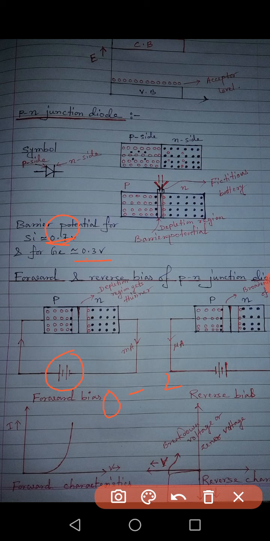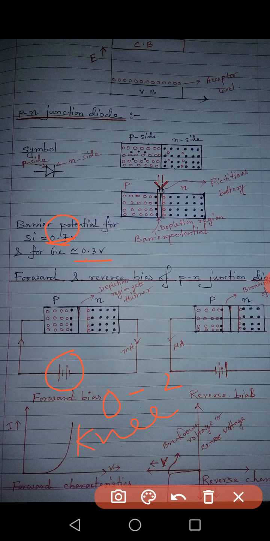So you can see in this region there is no current. Potential is increasing but current is not increasing due to the presence of this barrier potential, and after this the current starts increasing in this way. Alright, so the value of potential after which the current in the circuit starts growing, this value of potential in this graph is called knee voltage, K-N-E-E, knee voltage.